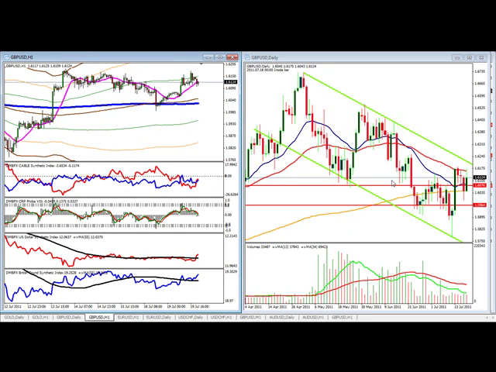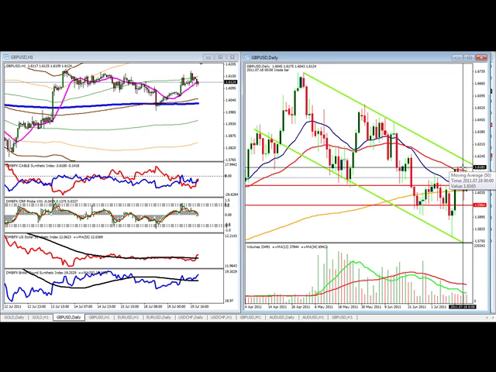Starting off with the pound dollar. What we can see with the pound dollar on the daily is two things. Selling volume still in control, still light volume, but also on the daily we can see that this 1.6175 price level, we paused here, we wicked here, and then we wick here today. So there's definitely some sellers at this price level saying, we find value, let's push it down.